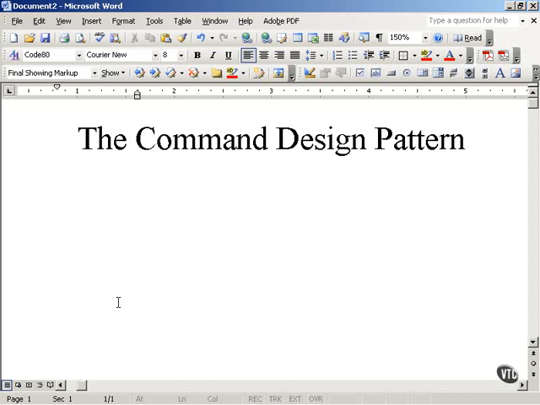Now we're going to start working with the command design pattern. It's one of the original 23 standard design patterns by the Gang of Four, and it's also a very useful one. The idea is that, say for example, you're in charge of your company's web servers around the world,